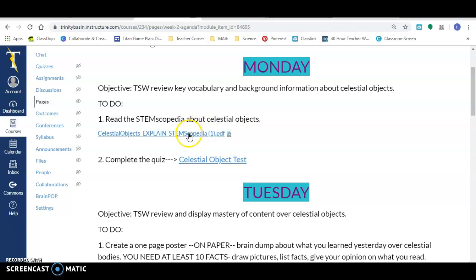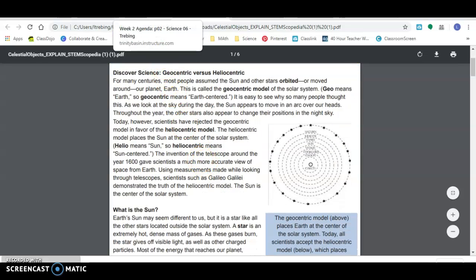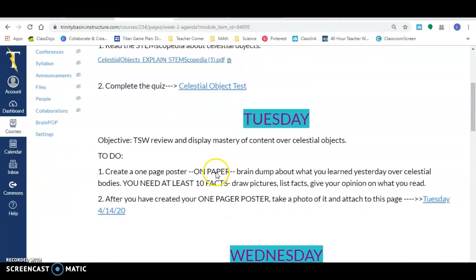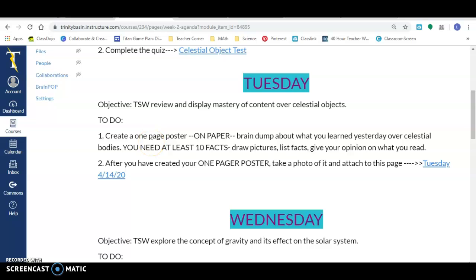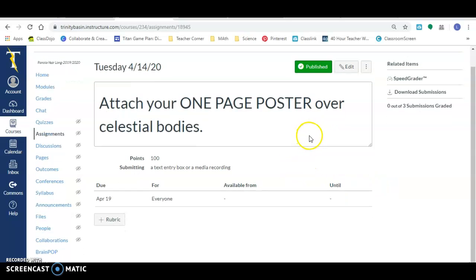So yesterday it asked you to click on this SimScopepedia to read, and it'll open it up for you as a PDF. You have to open it up down here. So it asks you to read through this. And then there was a quick quiz over it, just a couple questions to ask. On today, you created your poster already, and then clicking on Tuesday, 4/14/20, and we have,